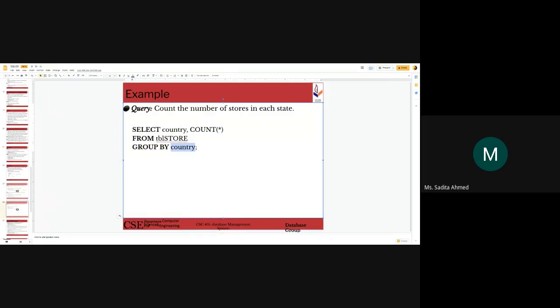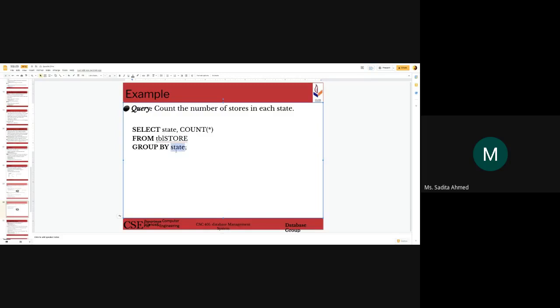কান্ট্রি ভ্যালুর বেসিসে গ্রুপ ক্রিয়েট করছে। যেই যে রোতে কান্ট্রি ভ্যালু সেম, ওই রো গুলোকে একসাথে গ্রুপ ক্রিয়েট করছে, দেন ওই রো গুলোকে কাউন্ট করছে যে কয়টা রো এর কান্ট্রি ভ্যালু একই, একসাথে কাউন্ট করে কান্ট্রি ভ্যালুর সাথে দেখাচ্ছে। এই একই জিনিসটা এখন আমরা করতে চাচ্ছি স্টেটের জন্য। সো চেঞ্জটা কোথায় করব? চেঞ্জটা করব এই জায়গায় কান্ট্রির এবং জায়গায় এই জায়গায়। সিম্পলি যে যে জায়গায় কান্ট্রি আছে ওই জায়গায় আমি স্টেট আনবো।